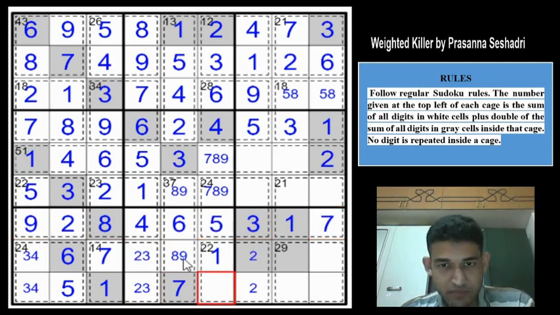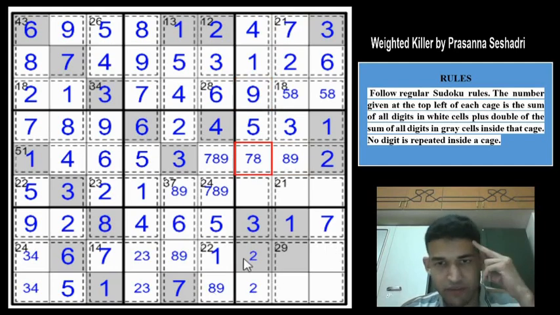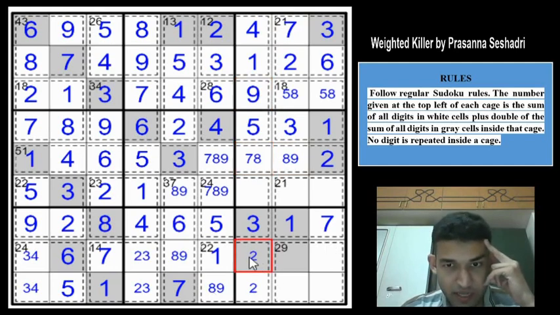right? And this must be 8 9 now, right, for that box. So the Sudoku is still not very easy. If you look at row 5, remaining candidates are 7 8 9, 7 is here, so this is 8 and 9, and this is 9, so this is 7 and 8, right? So can we satisfy the total by placing 2 in this cage here? So you get 4 from here, 4 plus 1 is 5, you can satisfy.